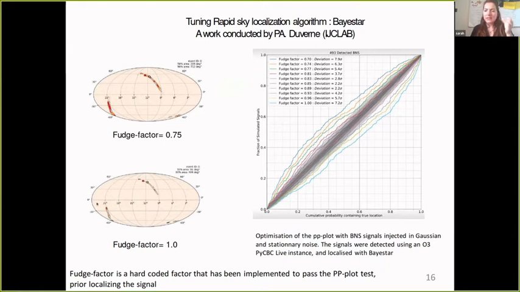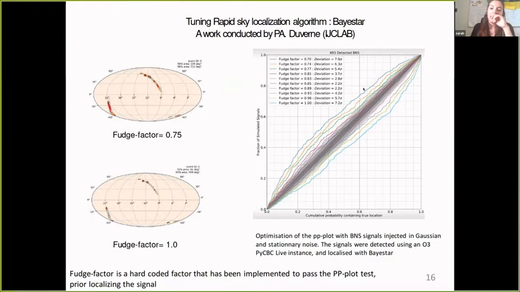And we see that only this fudge factor has a big impact on the sky localization. So if you take a fudge factor, so it's a constant, right, of 0.75 or 1, you can double your search area. So it's not the same consumption in terms of observation, only with this fudge factor that is just a constant in